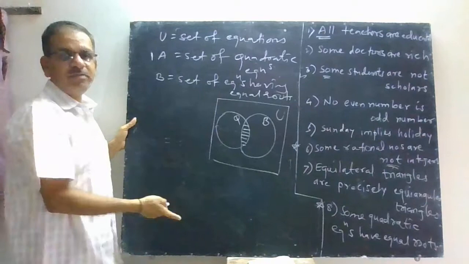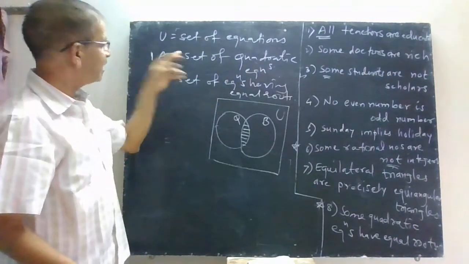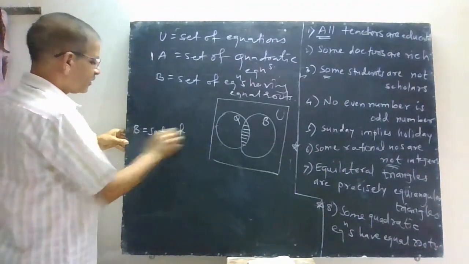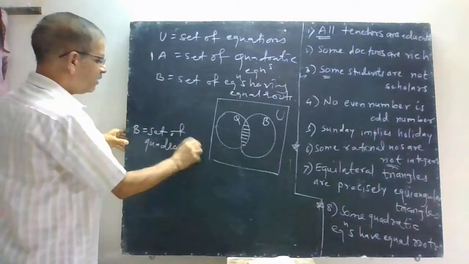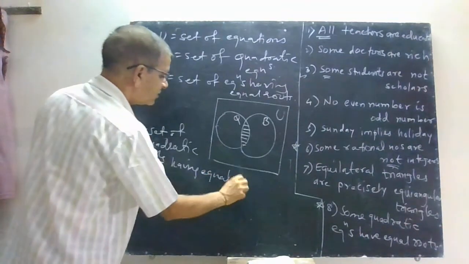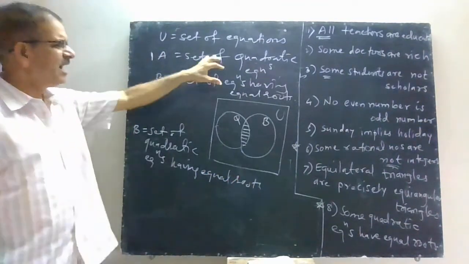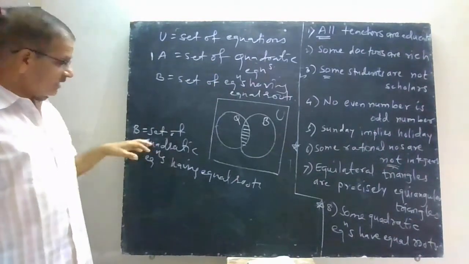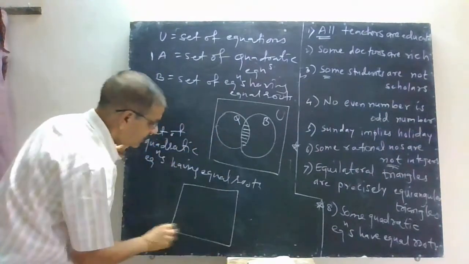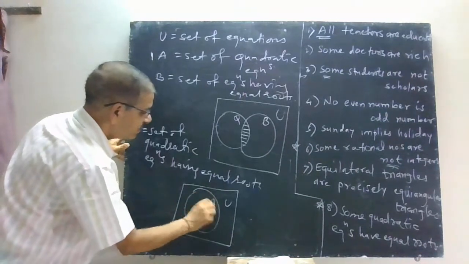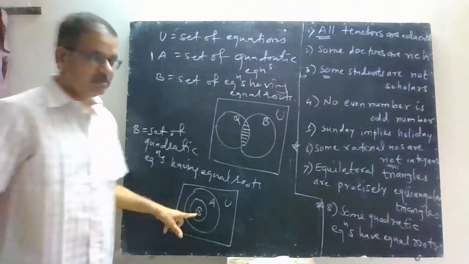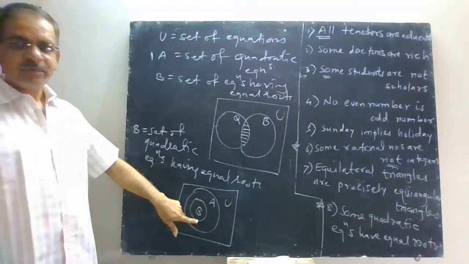Now you can change your figure if you change the sets. Now these are quadratic equations, and now if you take set B as the set of quadratic equations having equal roots. Suppose we change the set: A is taken as it is, the set of quadratic equations, and B is taken as the set of quadratic equations having equal roots, then we cannot draw this figure. Then how do we have to draw the figure? U is the set of all, sorry, quadratic equations, and inside that one you have to draw set B, because this is a quadratic equation, so it will be inside A, having equal roots.